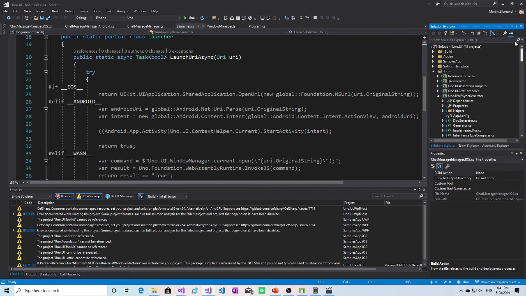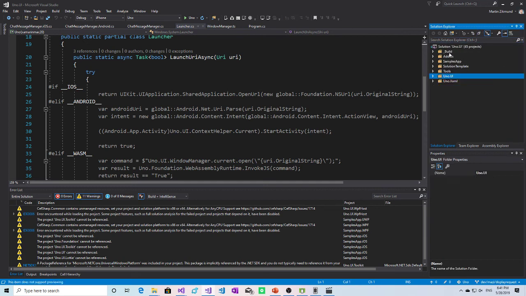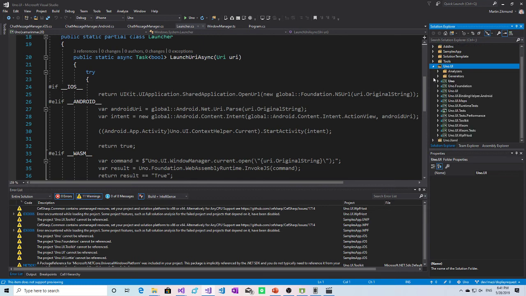So this is the solution of Uno, and the main part of the solution is here in the Uno.UI folder. There is Uno project and Uno.UI project, and these are those that implement the specific Windows APIs.